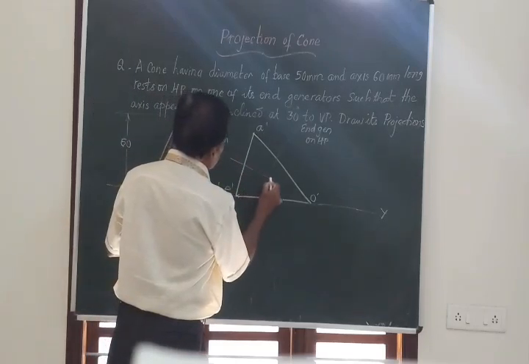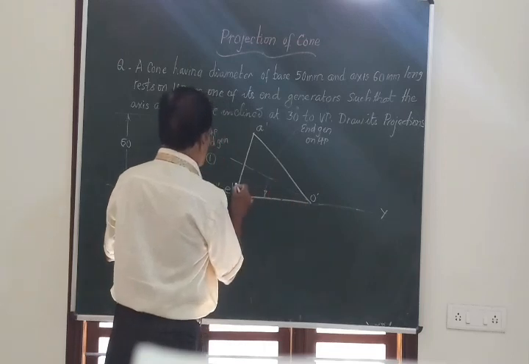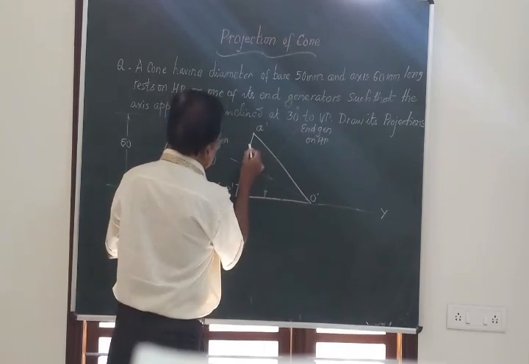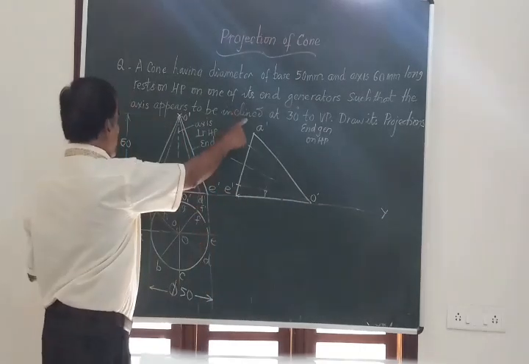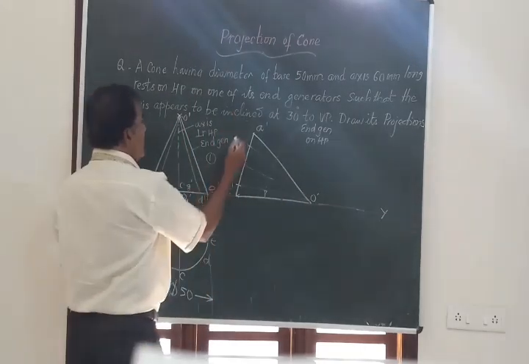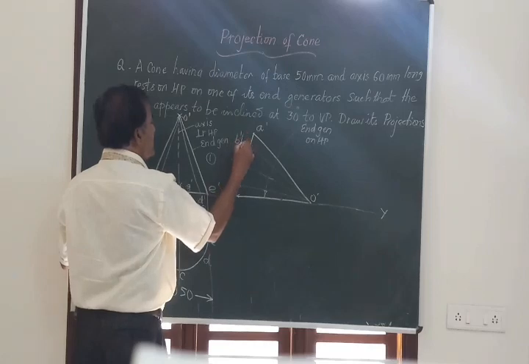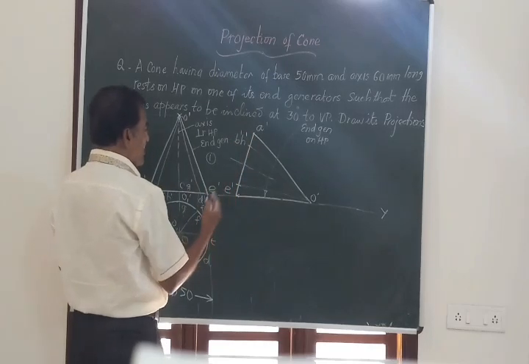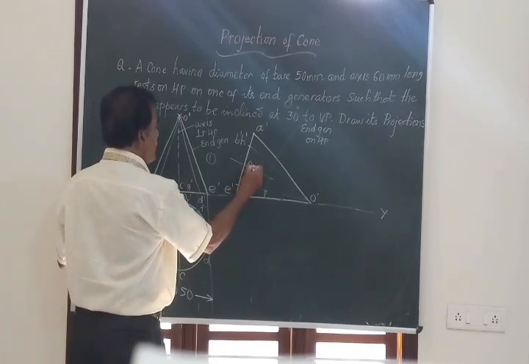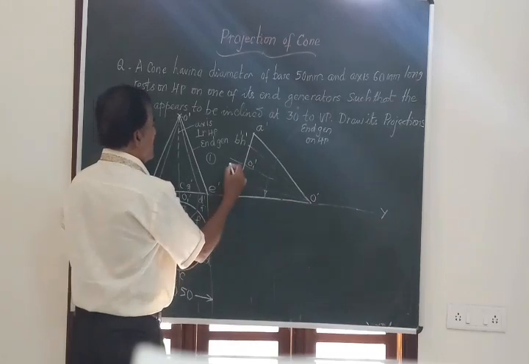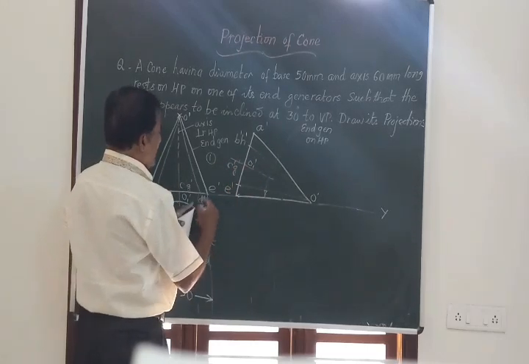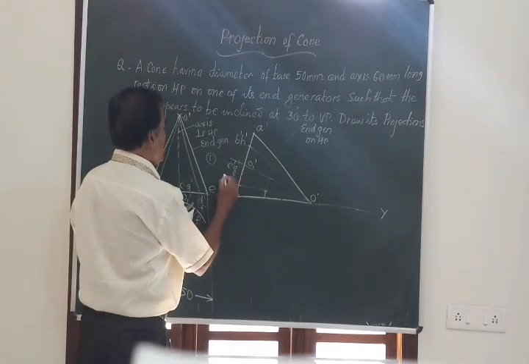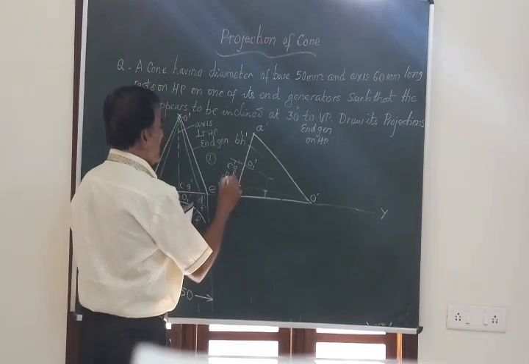First of all, the axis and these generators are drawn as thin lines. The uppermost point is A dash, then comes B dash, H dash. You should not go wrong here when marking. This is O1 dash, C dash, G dash. This is D dash, F dash.